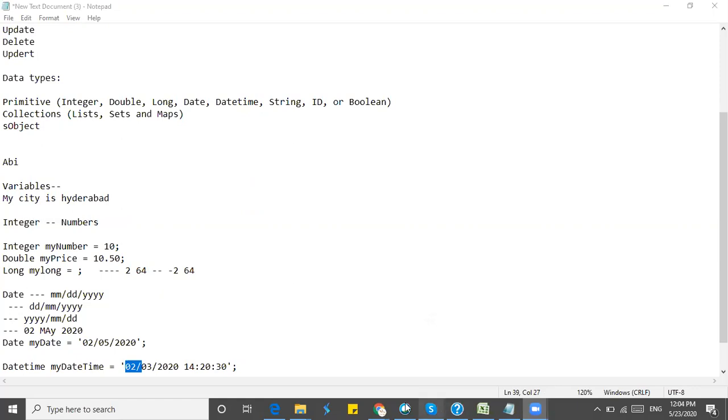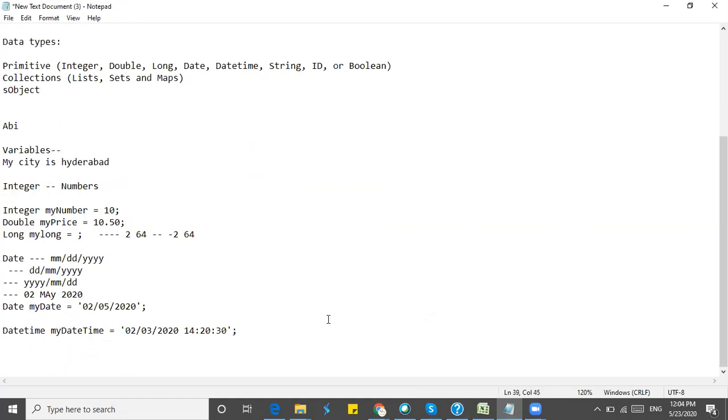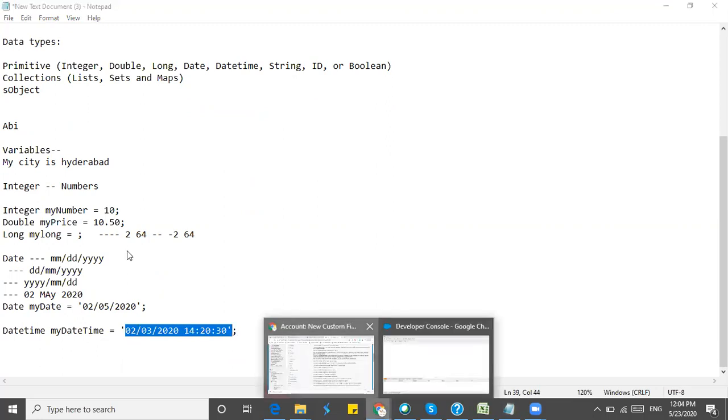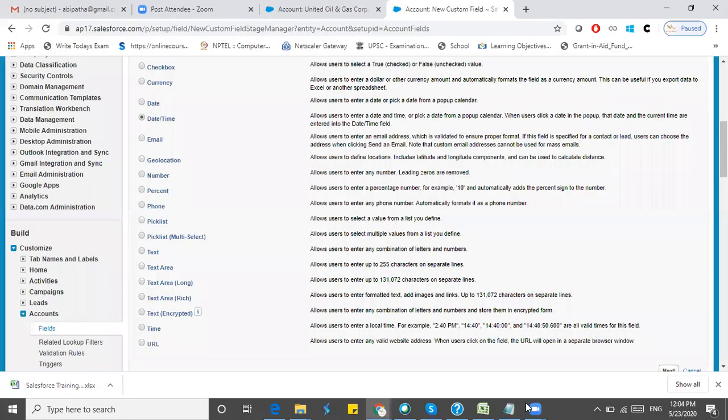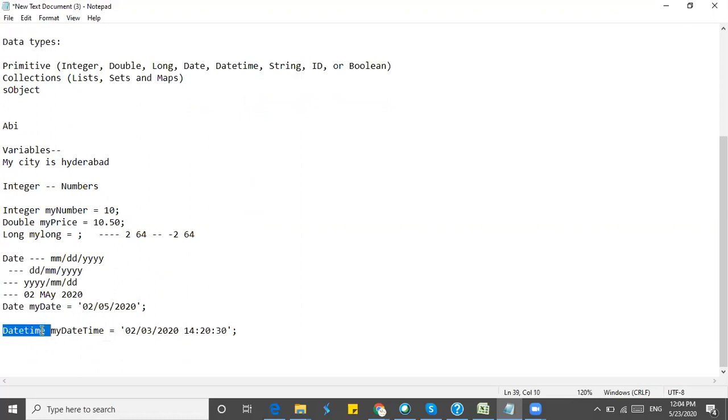If there is something called date and time, we have a field type called date and time. If you want to save this date and time in any of the variables, you can create a variable with data type date and time, and you can store that value into that. We call it the date time data type.